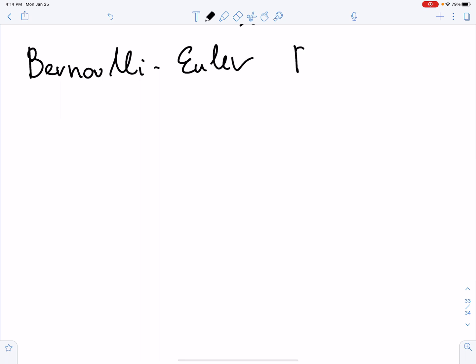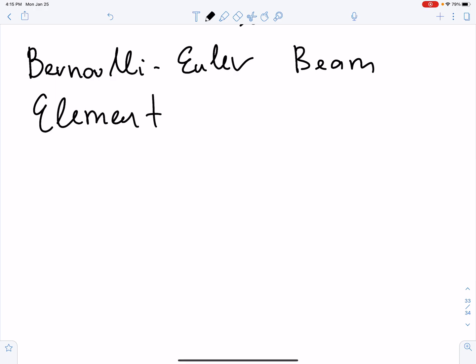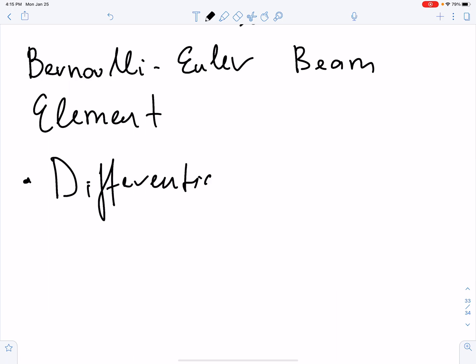The second type of structural member that we'll consider in this course is the Bernoulli-Euler beam element, in a sense of structural element. Okay? And again, we'll proceed using the differential equation approach, right? So we are on page 1-8